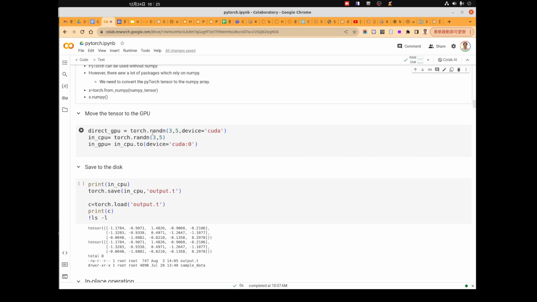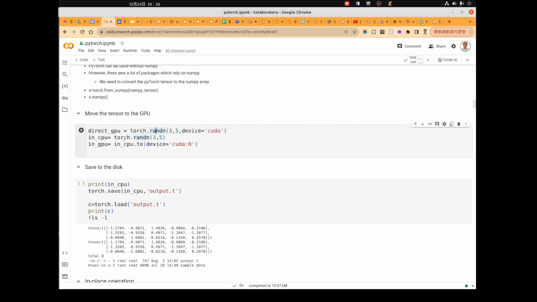Okay, so there are multiple ways to put the tensor on the GPU. The first way is that we just load the data into the GPU directly by using the device argument here. But this is not so useful.